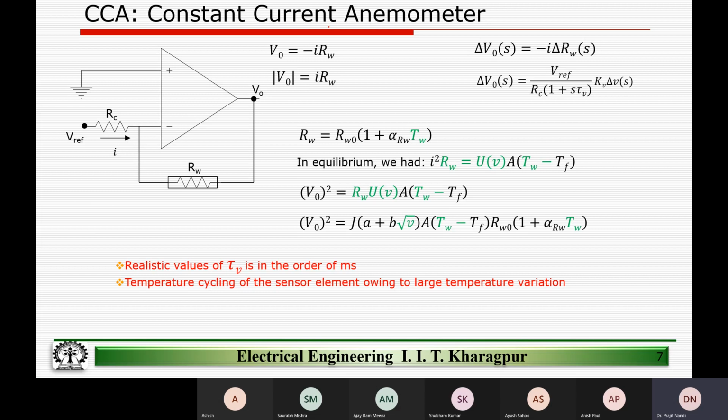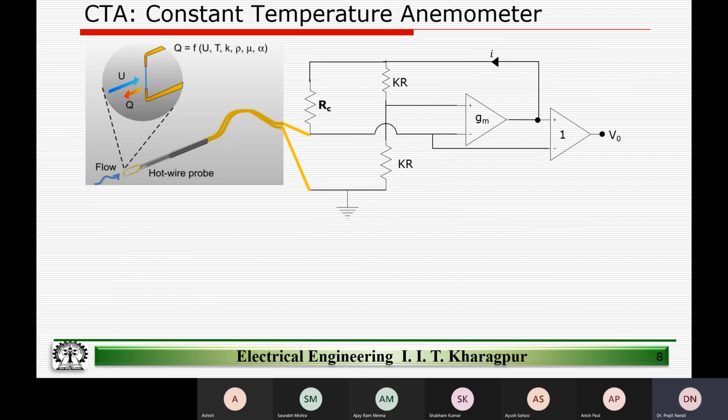Maybe there are some applications for sure, but that does not make the discussion less interesting, because this is what is going to lead us to the concept of a sensor structure which will actually have a feedback, and we will see all these problems of tau v and temperature cycling will be gone. So it does not make the discussion any less relevant,